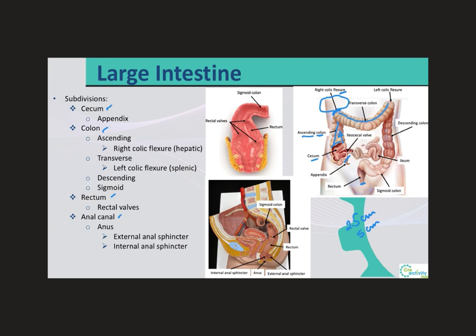Then food residue will pass through the transverse colon and travel across to the left side of the abdomen, where the colon will angle sharply immediately inferior to the spleen at what we call the left colic flexure, which can also be called the splenic flexure, as it's located right under the spleen. And from there, the food residue will then pass through the descending colon,